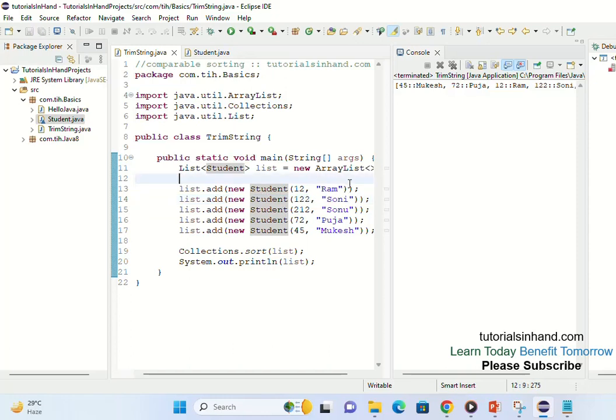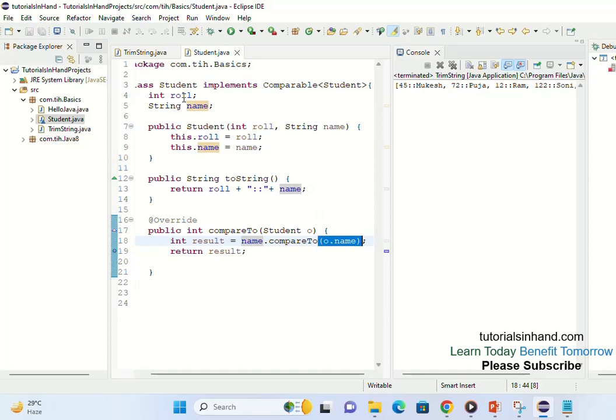So next we will check how we use the Comparator interface, because your interviewer will definitely ask you the question, what if I want to sort on the basis of roll number also and string name also? Then what will be the case? And then you will have to say that I will implement Comparator, but that will have a different logic, and we will see how that will work.